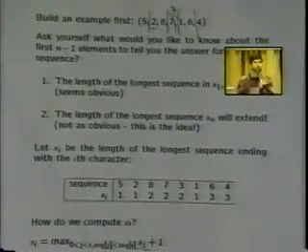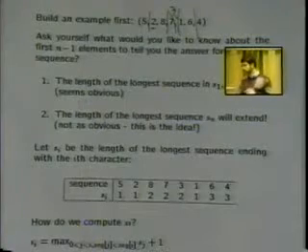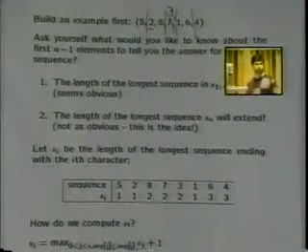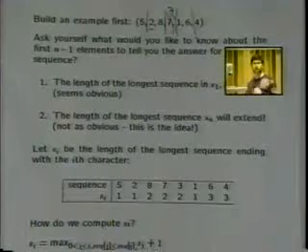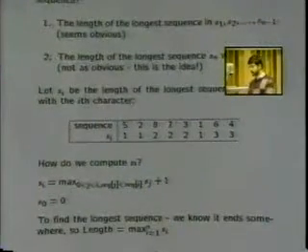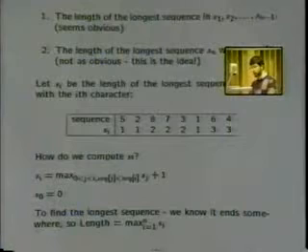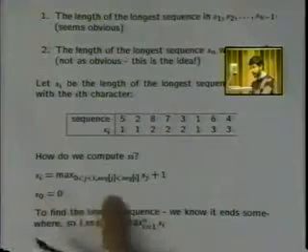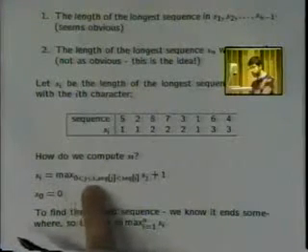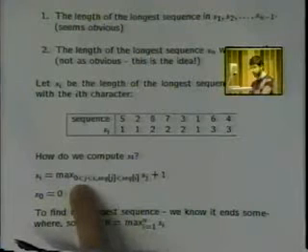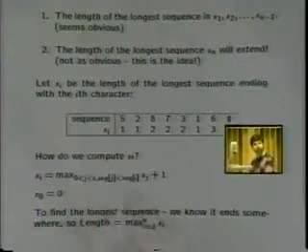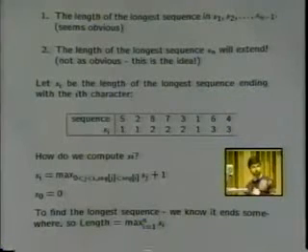The claim is that what I really want to know at the end of each round is the length of the longest sequence that ends at each character. Okay? And once I know that, then I can solve my problem. Okay? I can talk about a recurrence where the length of the longest sequence that ends in the ith element is the max over all elements to the left of it that are actually less than the ith element. If you've got a big sequence that ends with a number bigger than me, I don't care about it.